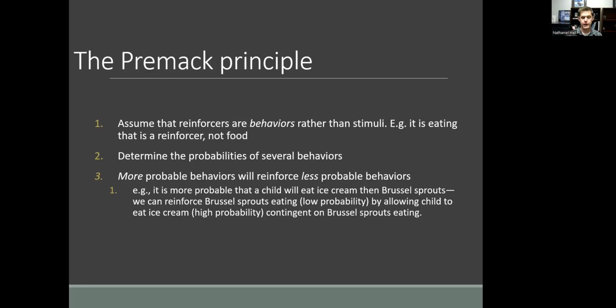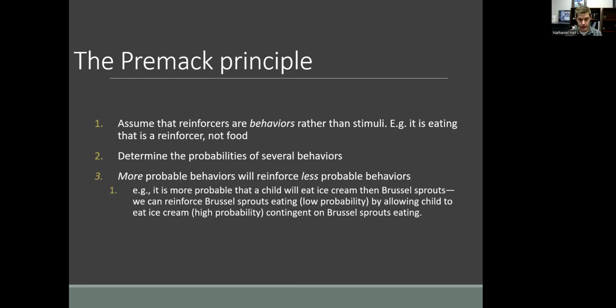Whereas alternatively, we couldn't do the opposite. We couldn't say, eat 2 bites of ice cream and then you can have Brussels sprouts. That might actually serve in a reverse situation as a punishing type of situation, where if you eat 2 bites of ice cream, then you have to eat a Brussels sprout. But nonetheless, what this highlights is that you can somewhat predict what things will be more reinforcing versus less reinforcing